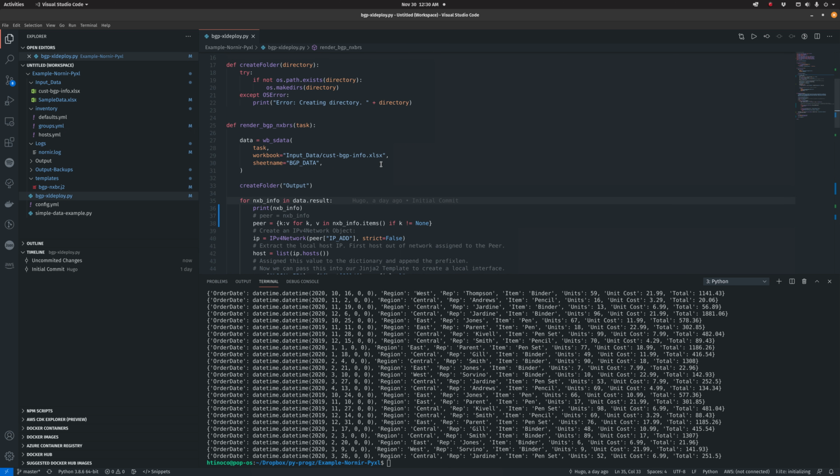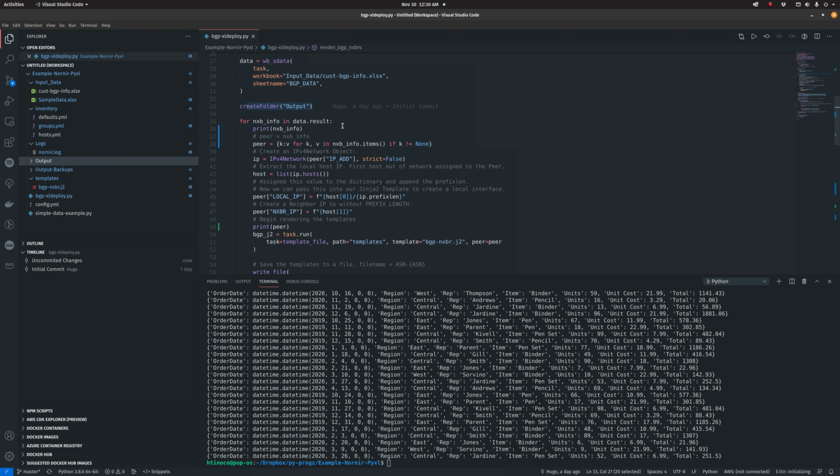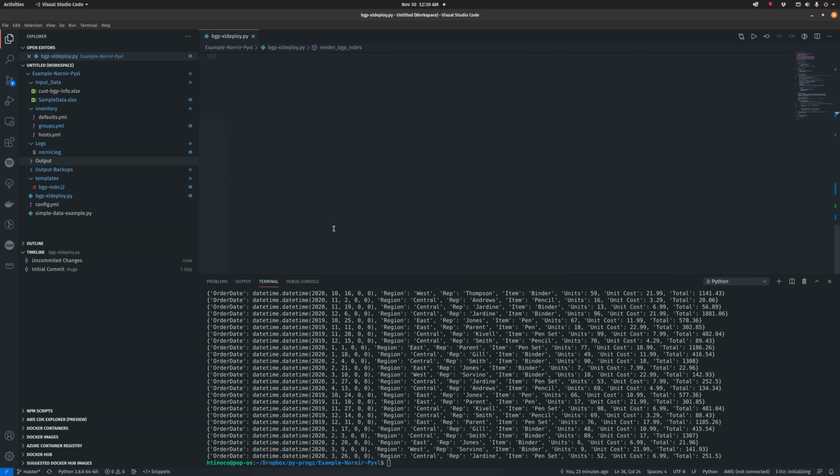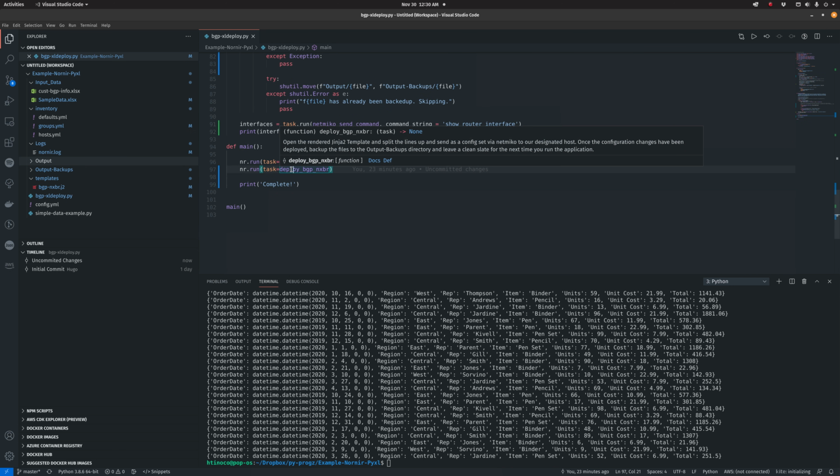So the first one here is render BGP neighbors. So here's when we call in the workbook structured data. We'll just assign it to a variable named data. Workbook is the input data folder, and the spreadsheet and BGP data is what I called the Excel sheet. Then I'll just make sure that the output folder is created in my directory here. Then we just loop through it, right? So let me not actually deploy it,